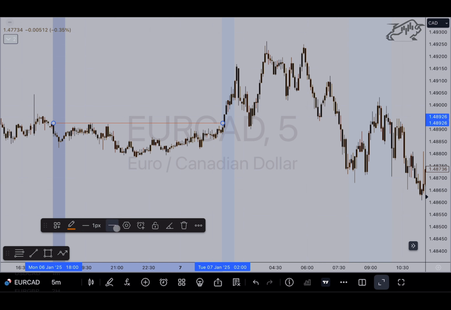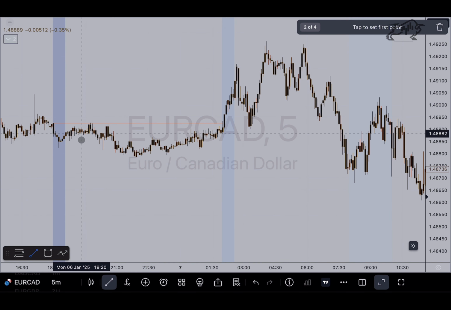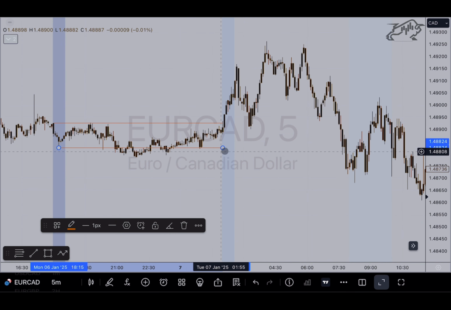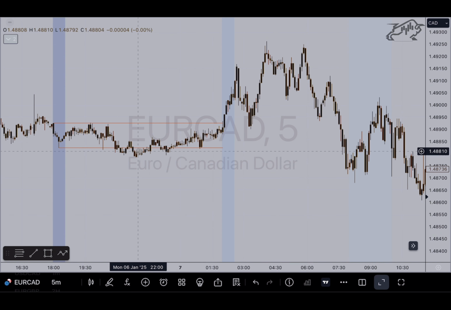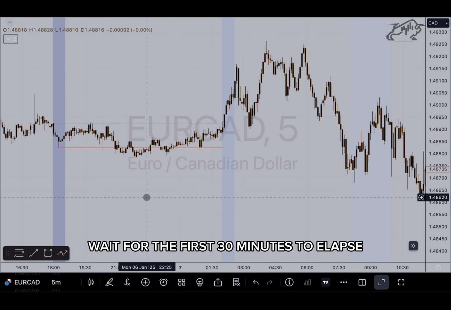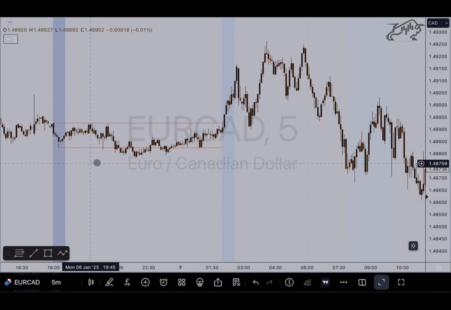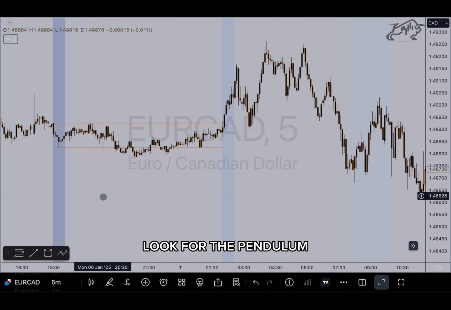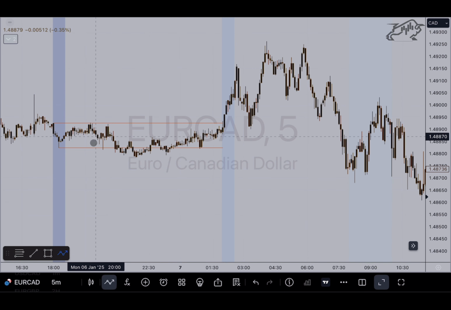And we need the low also that was formed in that range, and we're also just going to draw that out in time to the next session, also just for illustration purposes. And what we're going to do after those 30 minutes have elapsed, we're going to look for that pattern that we learned earlier, right? We're going to look for the pendulum, and